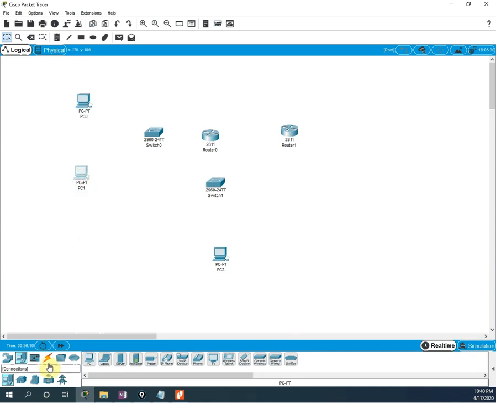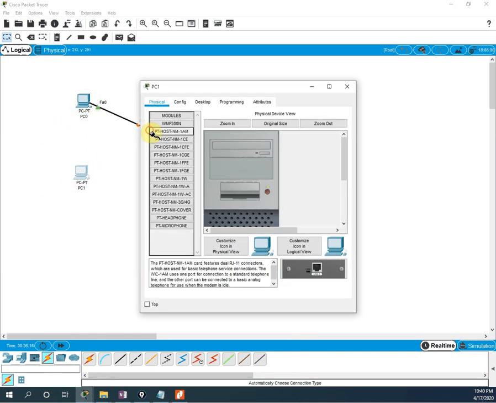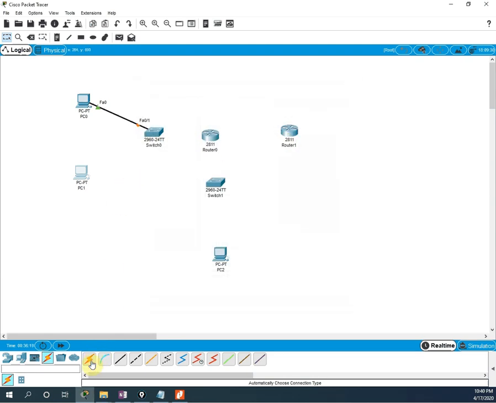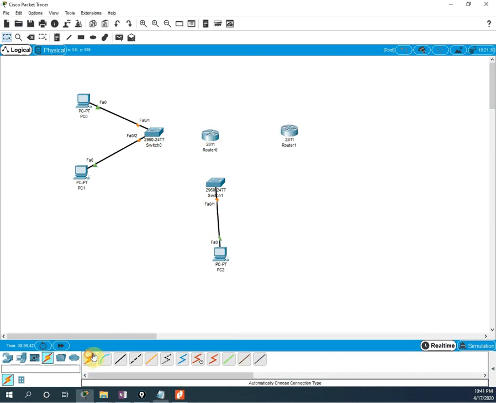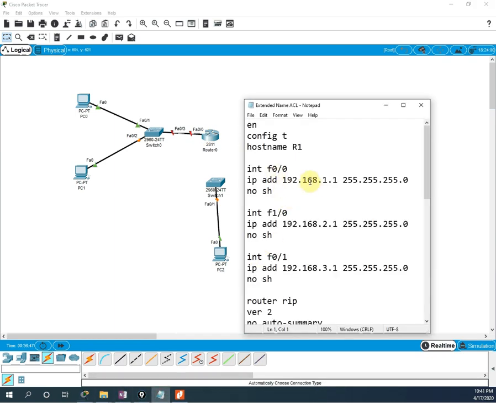Now I will take the cable. This cable is connected to this switch. This cable is connected to, let me cancel this, and I will take the cable again, and then this cable is connected to this switch. After that I will take the cable from this PC to this switch. I wrote some configuration in the notepad. Depending upon that we will make the cable connections, else we need to change the configuration. So I am thinking this is 1.1, so I will connect this port to this. This is 1.1, F0/0. This is F0/0, and then we will have F1/0 and F0/1.